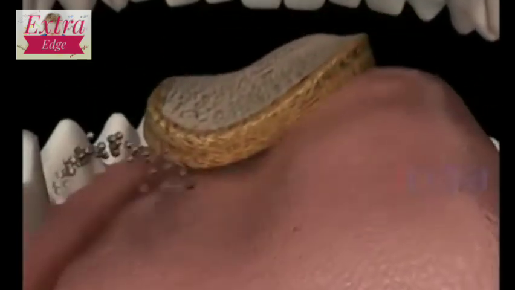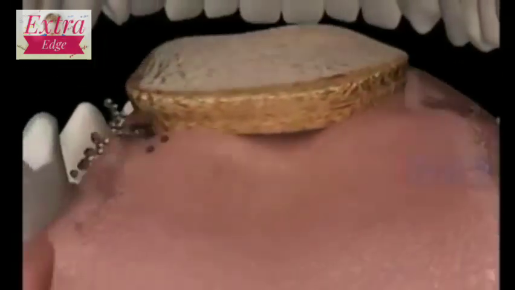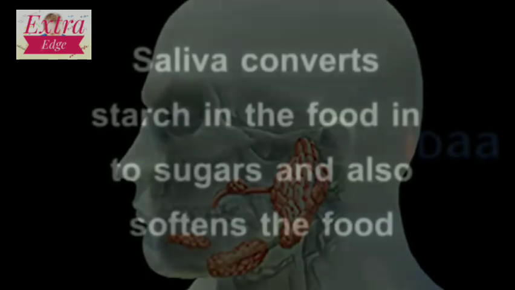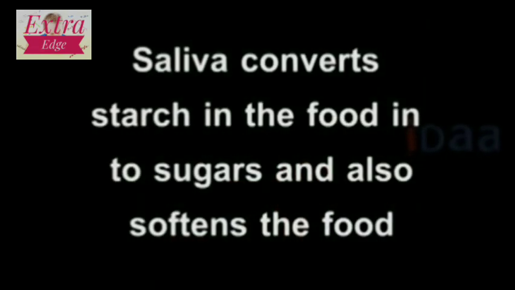Action of saliva on food. After the food particles are broken into smaller pieces, they have to be mixed with some liquid called saliva. The salivary gland produces saliva. The saliva contains an enzyme called amylase that breaks down the